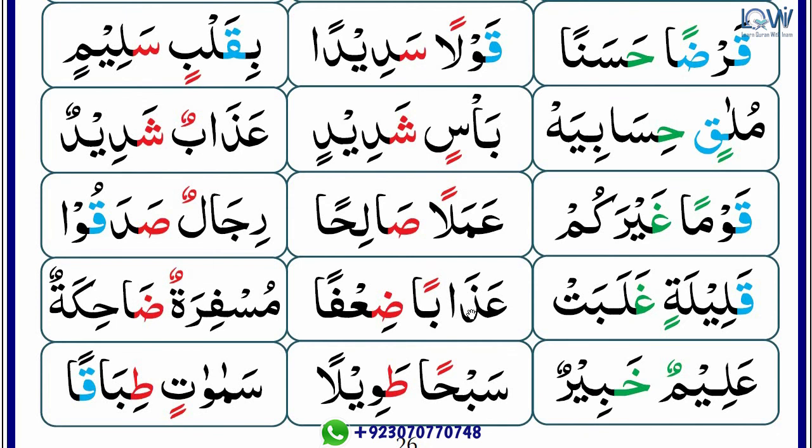Next word, there is alif madda, so that's why it will be stretched equal to 1 alif. There is tanween, and after that an ikfa letter, so that's why there is gunna. Adhaban di'fa. Next word, there is tanween after that an ikfa letter, that's why gunna, and there is alif madda, so we have to stretch equal to 1 alif. Musfiratun dahikah.